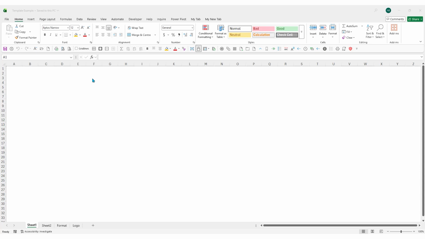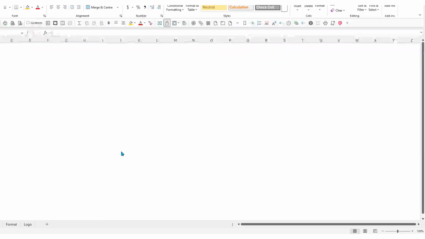Now, some of the things you might want to capture in your blank file. When you're creating a template for one of your blank files, you might want to capture things like a standardized header and footer, which you do through the print settings. So let's do that. Let's say we want to create a standardized header and footer. The easy way to access the header and the footer in Excel is to click on this little icon on the bottom right hand corner,